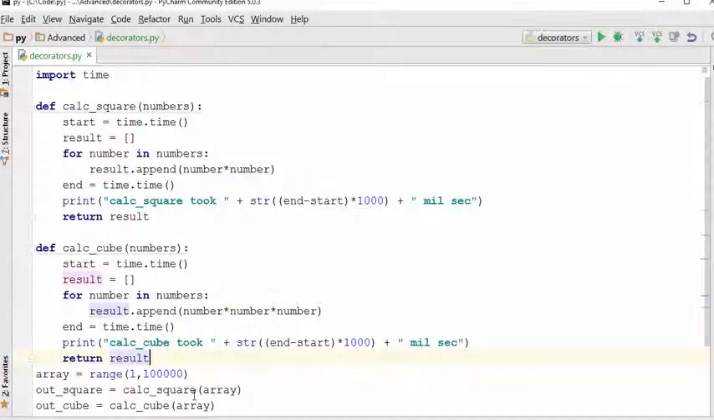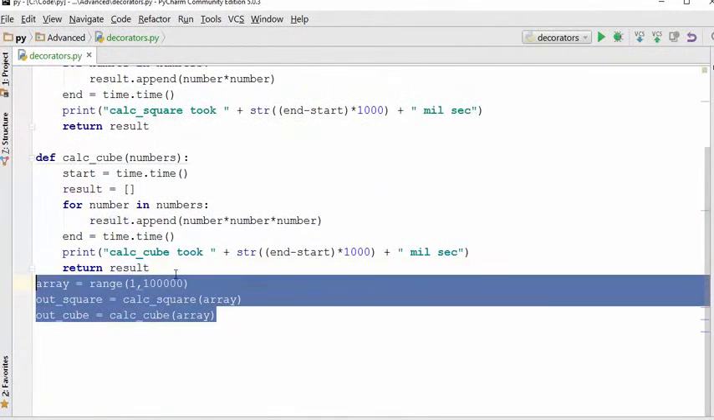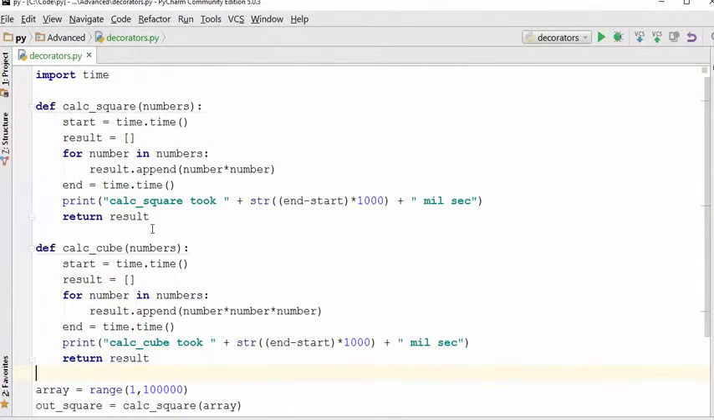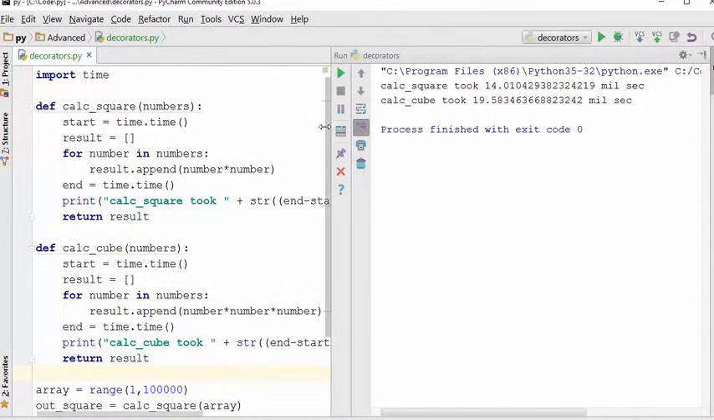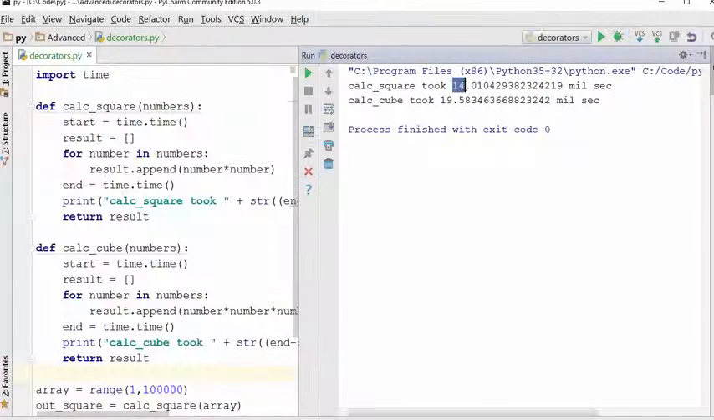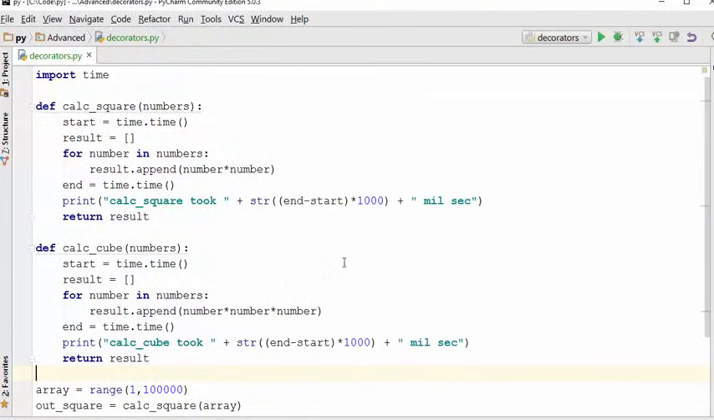Okay, and I'm calling these functions here down below. Pretty straightforward. When I run the program, I see the performance that the first function took 14 milliseconds, the second one took 19. Now, the problem with this code is that,